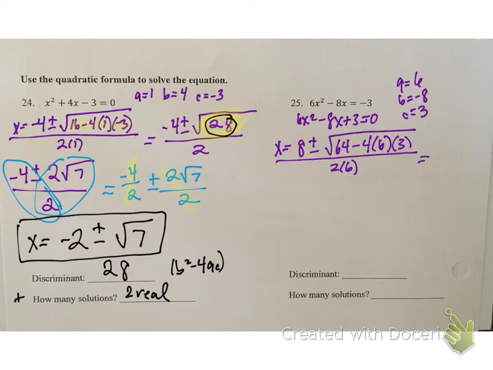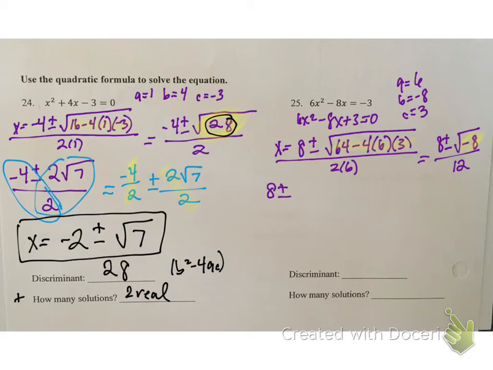Then I'm going to figure out what this number is. So in my calculator, I will figure that out, and I get 8 plus or minus... You end up getting a negative 8 all over 12. So my discriminant is negative, so I need to figure out what that is when I simplify. So 8 plus or minus